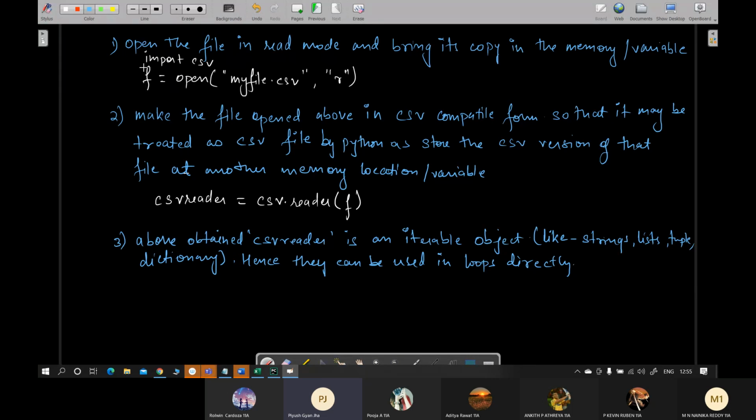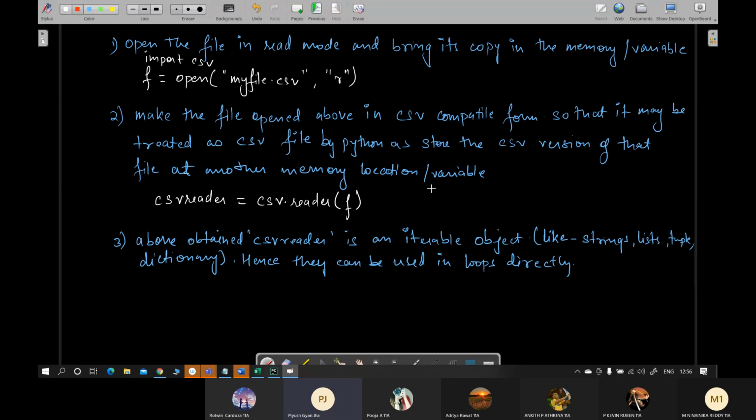For that, you will use the reader function defined in the CSV module, jo import ki ho. So use csv.reader and provide the name of the location where the normal file has been opened in the memory. This will fetch you a version of this file which can be treated as CSV file by Python, and that converted version will be stored in another memory location.